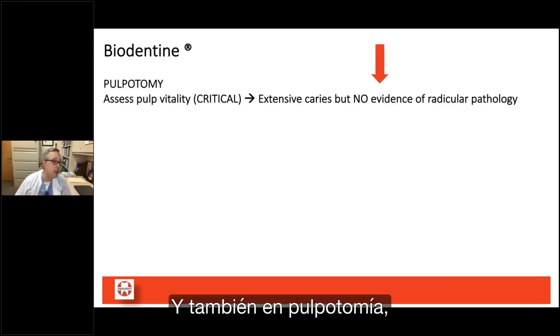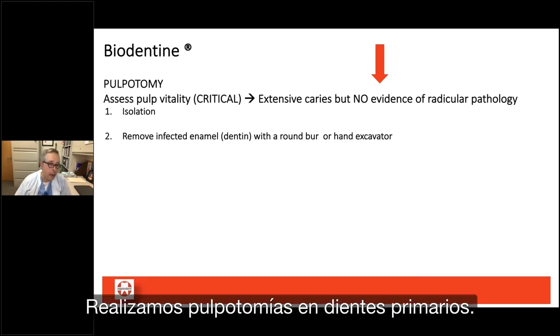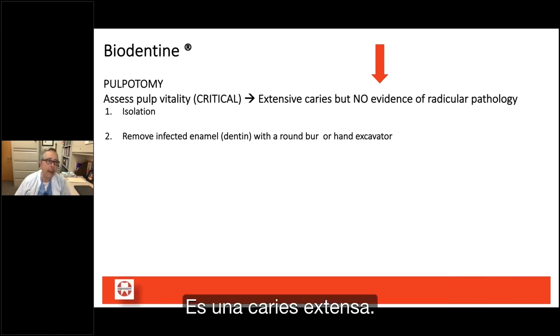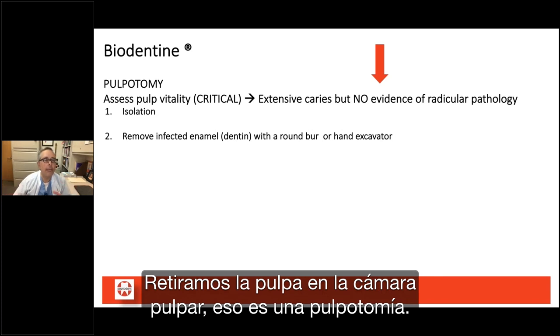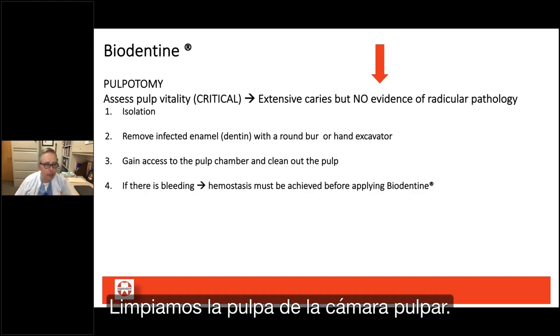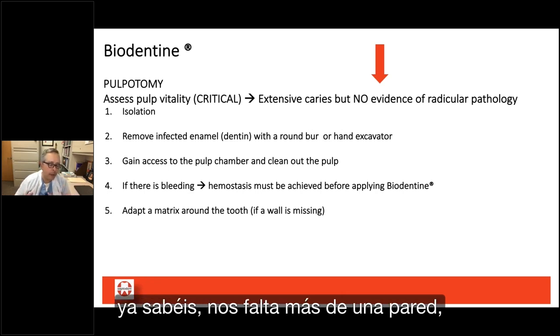And also in pulpotomies, a pulpotomy is also a direct pulp cap. We do pulpotomies in primary teeth. In some situations, we do pulpotomies in permanent teeth. It's extensive caries. We remove the pulp in the pulp chamber. That's a pulpotomy. We do that with a round burr. We clean up the pulp from the pulp chamber. We achieve hemostasis. If we have 2 walls, or we have more than one wall missing, we use a matrix